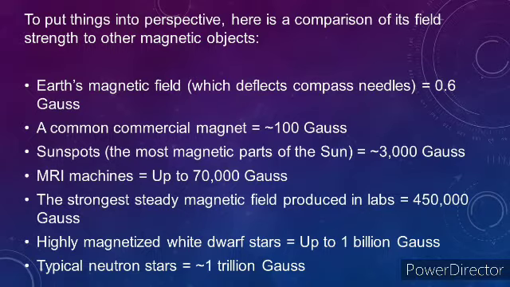The strongest steady magnetic field produced in a lab is 450,000 Gauss. A highly magnetized white dwarf star is up to 1 billion Gauss. A typical neutron star is approximately 1 trillion Gauss. Can you imagine now how strong the magnetic field of a magnetar is? I guess not. To sum it up, a magnetar has a magnetic field approximately 100 to 1,000 times more powerful